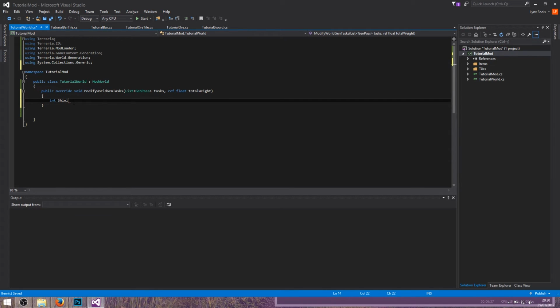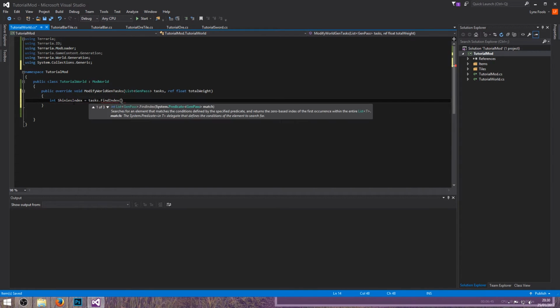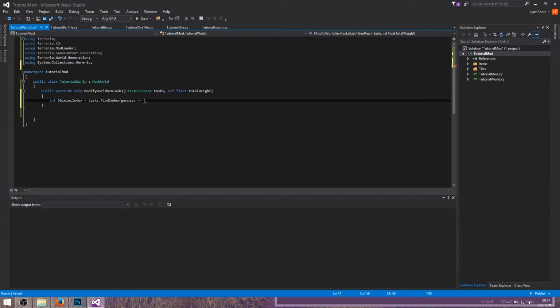We're going to be using the Shinies index, which is equal to tasks.FindIndex(genPass => genPass.Name.Equals, and because we're using the Shinies index, we're going to be typing in Shinies. So you want to just make sure that this index is correct. So just do if Shinies index is not equal to -1,